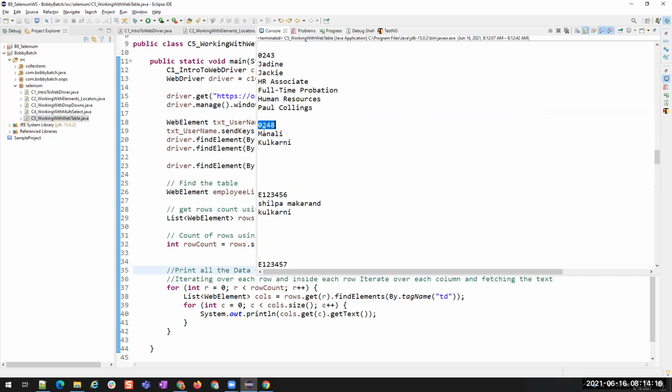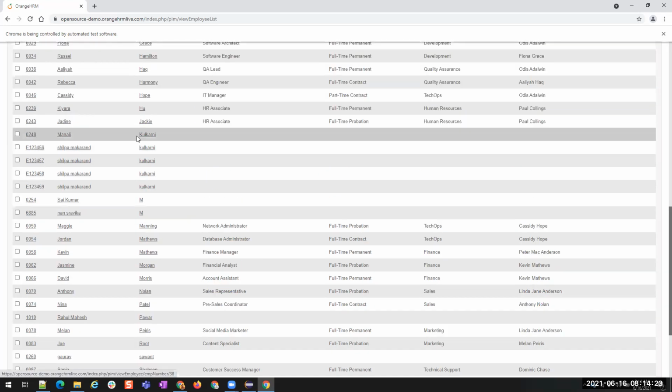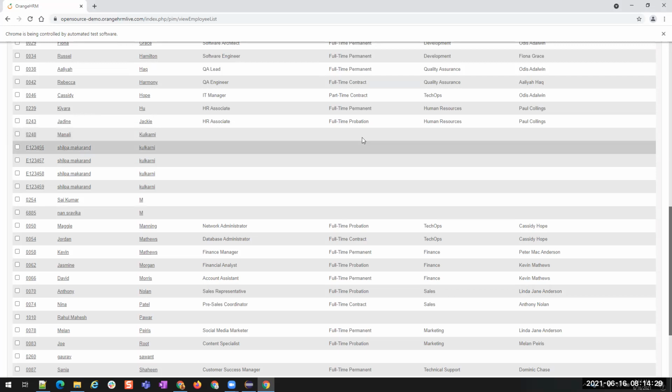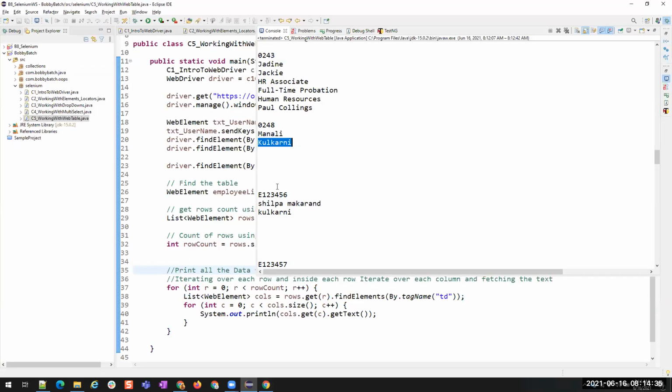Right? If you see this 0248 Manali Kulkarni, let's see that 0248. Yeah, here it is. Manali Kulkarni. What about these rows? Do we have any data in these columns? Here we do not have any data. Here also, here also. So that's the reason you see that empty space here.